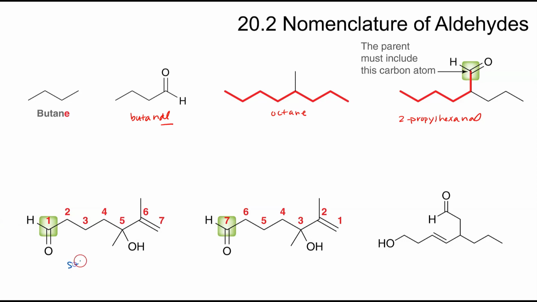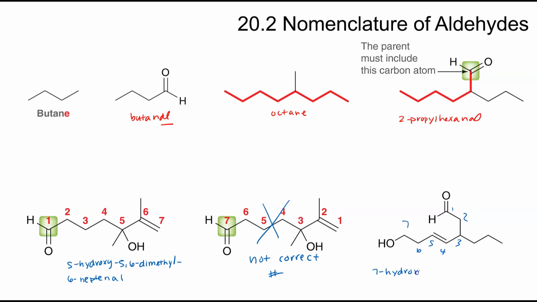This would be 5-hydroxy, 5,6-dimethyl, 6-heptenal. So the ene tells us there's an alkene there at carbon 6, and we have the al is number 1. This would be the correct numbering. This would not be correct numbering. This would be 7-hydroxy, 3-propyl,